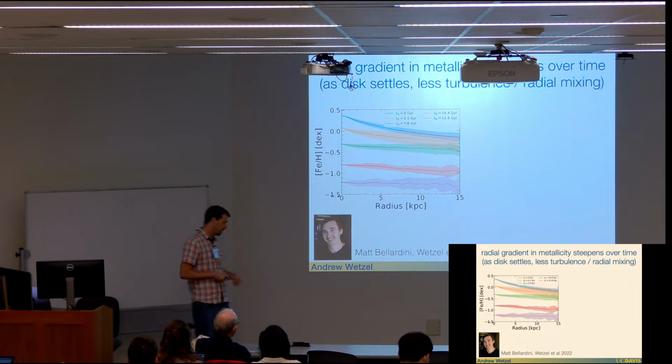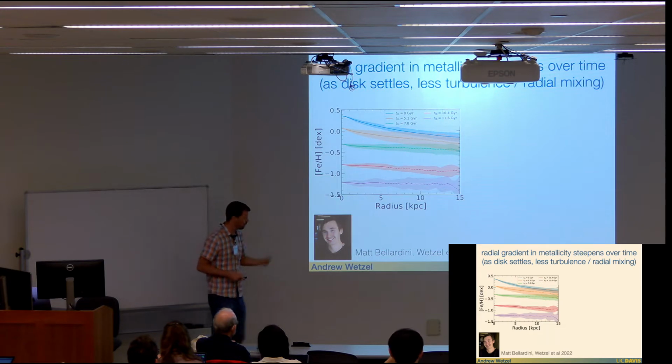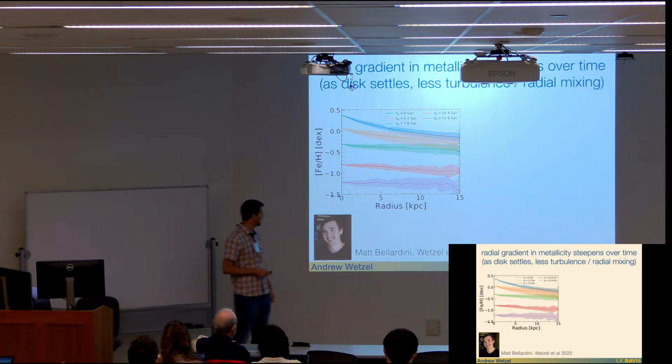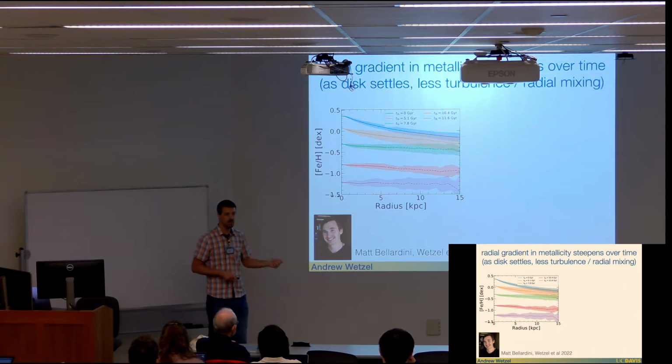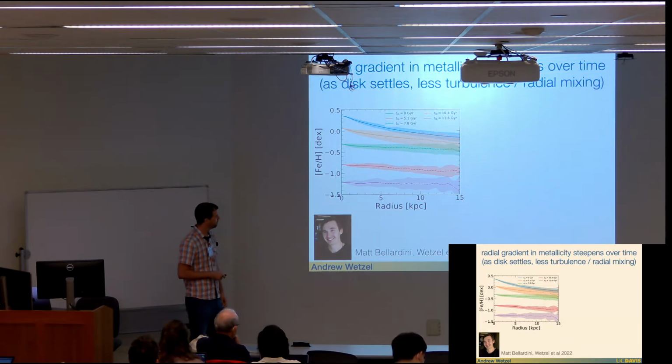And the rough picture is that the strength of this gradient is tracking the dynamics of gas in the disk. When V over sigma is high, the gas is on near-circular orbits, and the galaxy can maintain strong radial segregation of the abundances to maintain this gradient. But at high redshifts, during turbulent disk formation, or before the onset of the disk settling, during the turbulent ISM phase, there's simply too much mixing, so the galaxy is unable to sustain a strong radial gradient.